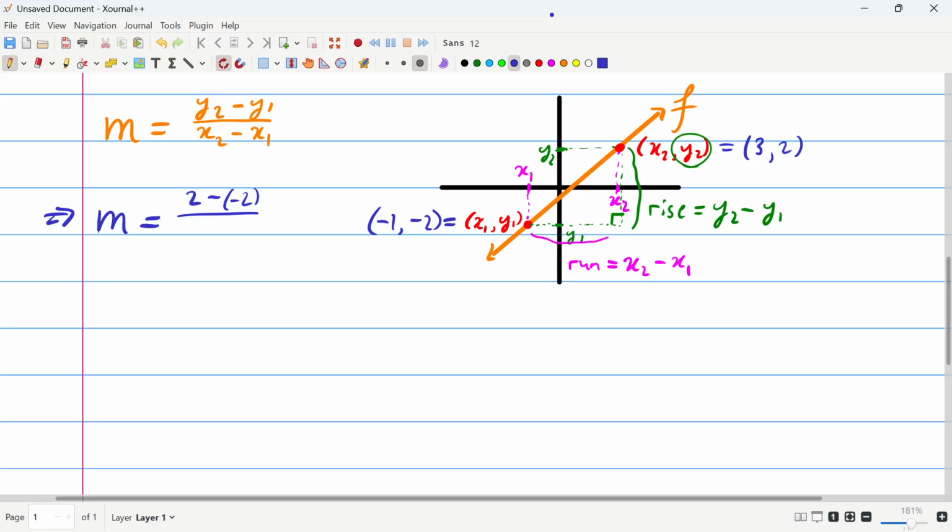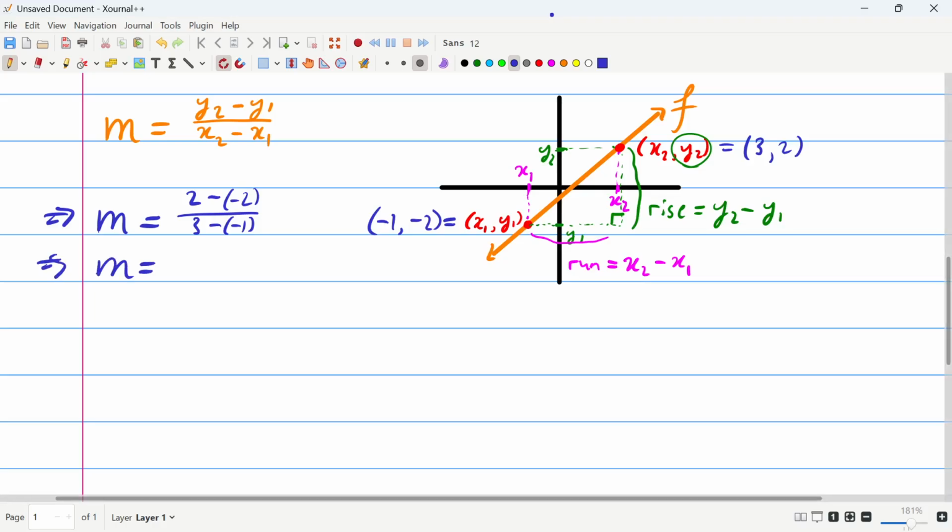Then we have x2 minus x1. Notice we actually get x2 over here, which is 3. So it's going to be 3. And then we're going to subtract x1. And notice x1 is just going to be negative 1. So it's going to be minus negative 1. And therefore,